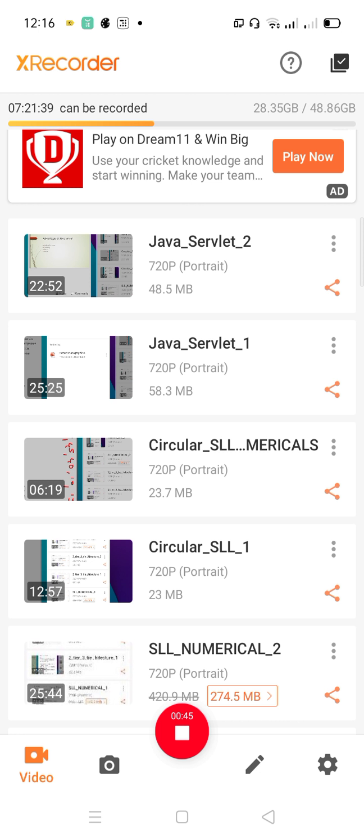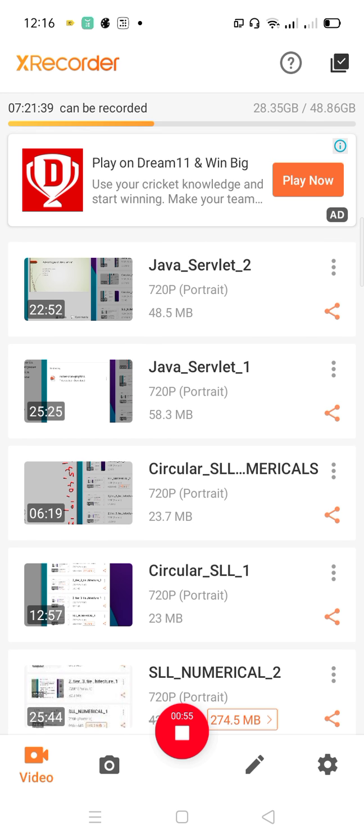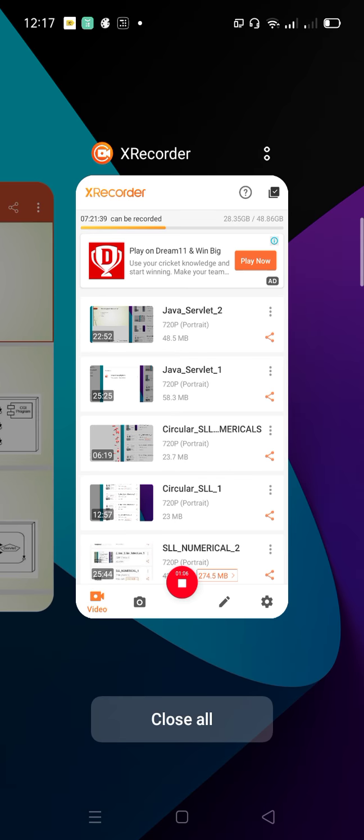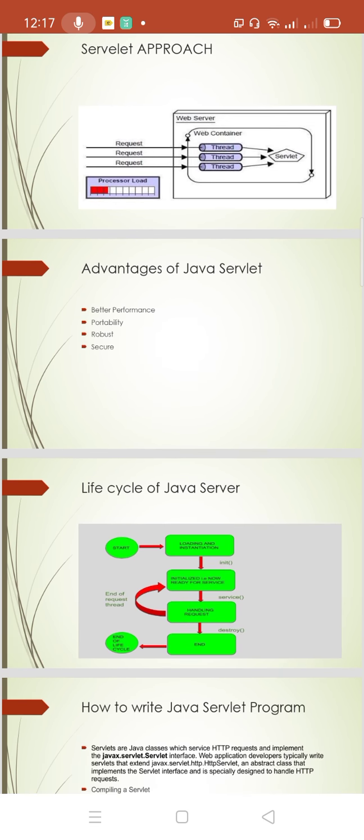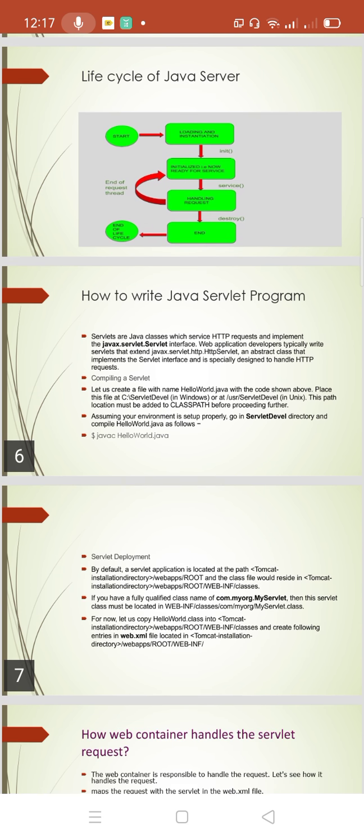So all these things we have discussed. We have also discussed the important prerequisites as far as servlets are concerned. We have also seen the advantages of servlets over CGI technology. So in this session we will discuss how to write a servlet program by using the NetBeans IDE or Eclipse IDE. We will start from this particular point.